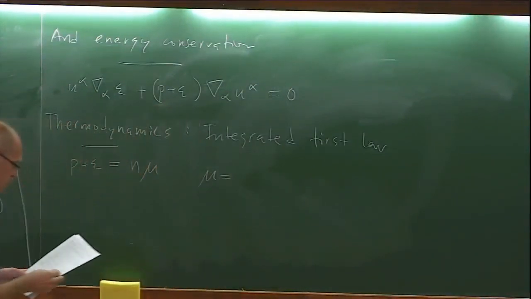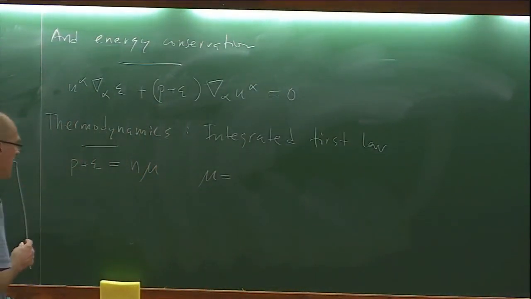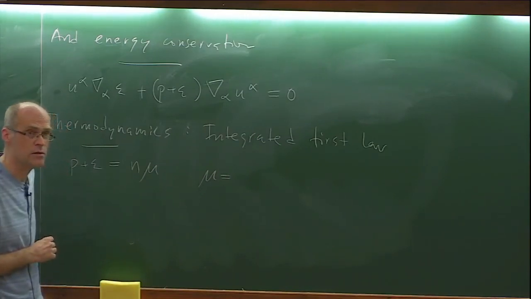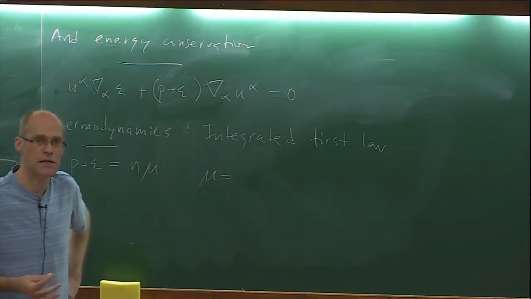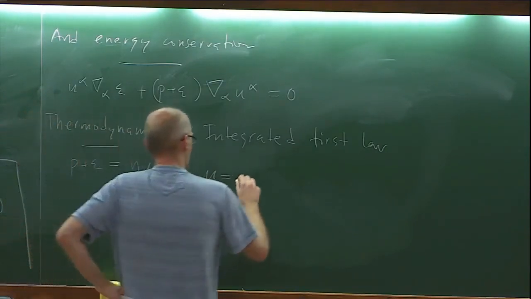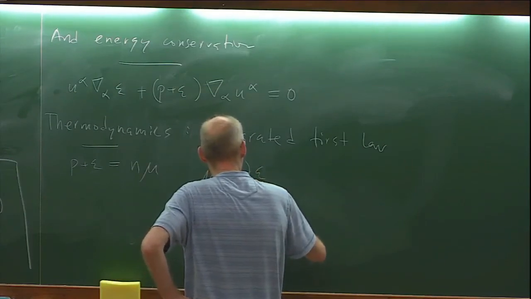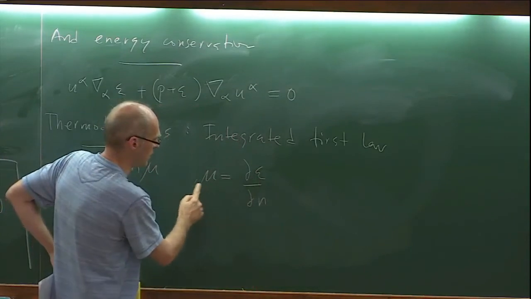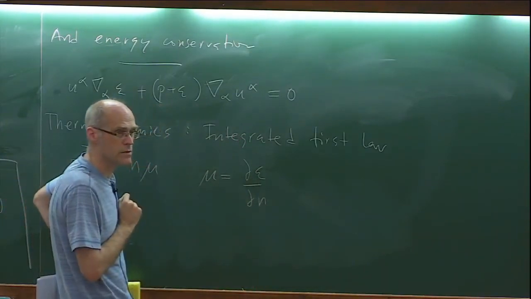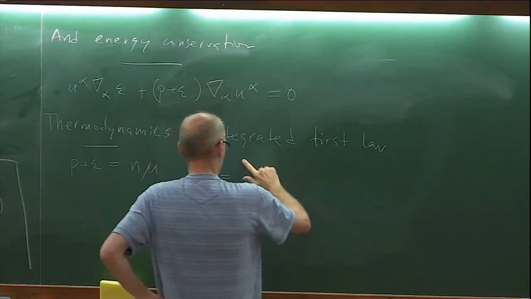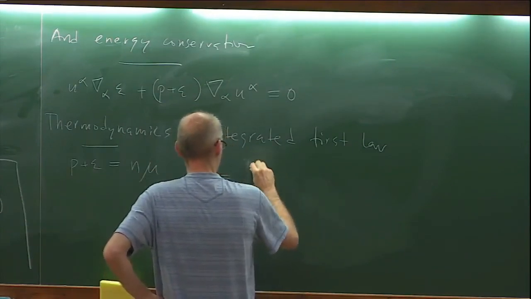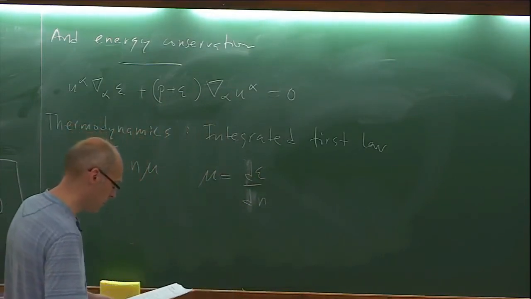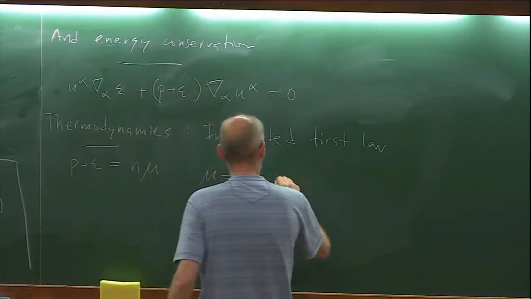So what is the chemical potential? Well, the chemical potential says that if I have the energy of a system, in this case the epsilon, and I change the number of particles in that system, then the chemical potential tells me how much the energy changes if I do that. Okay? Of course, here I only have one kind of particle, so this really should be a straight derivative. Later on in the exercise, in a couple of minutes, the last dying moments of this lecture,